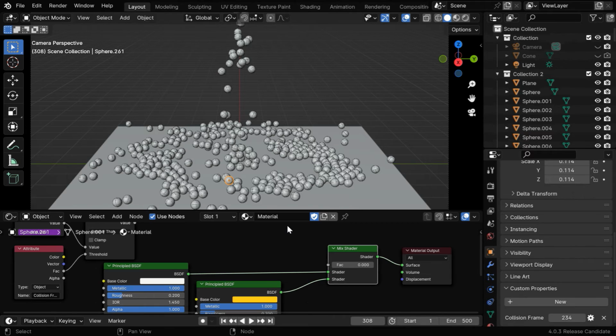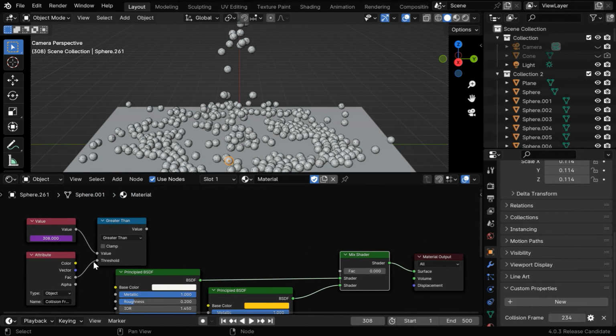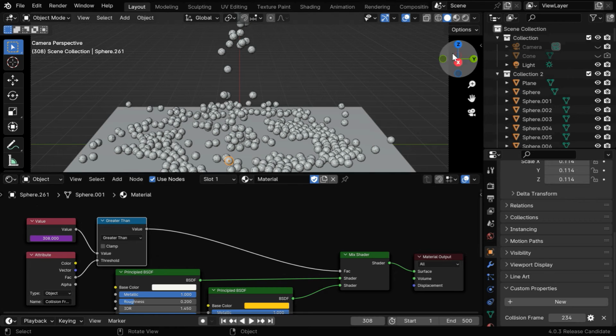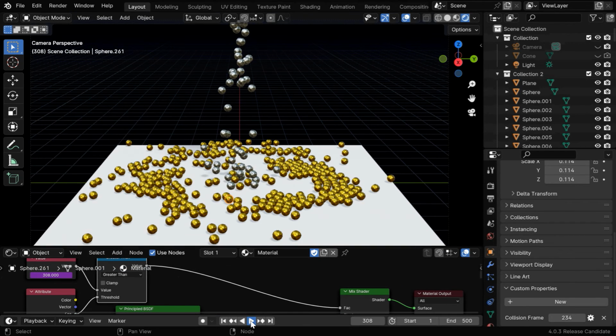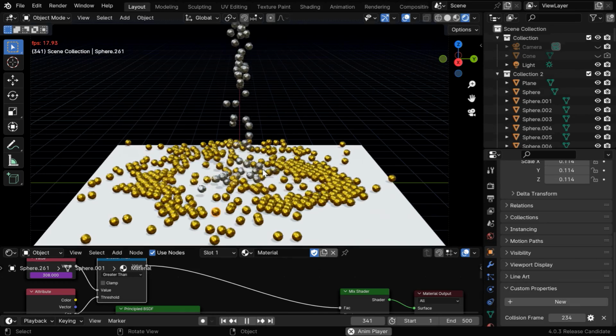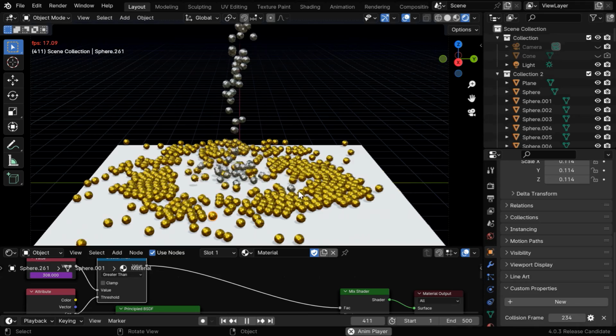Let's open the shader editor and verify this. The node setup is just like before. We are comparing the collision frame with the current frame, and we'll connect the output of this comparison to the mix factor. So the material effect will look like this as expected. The balls will drop on the floor and immediately convert into gold. But while it looks good, there is a limitation to this node setup,